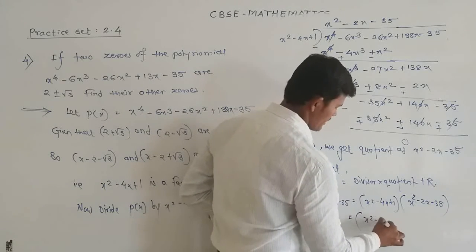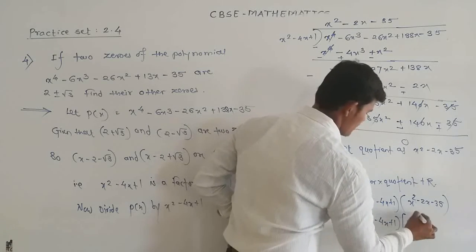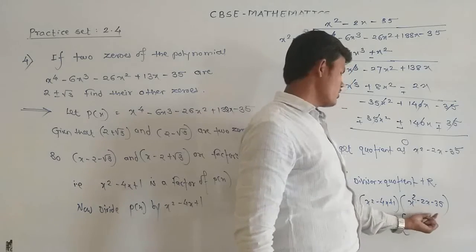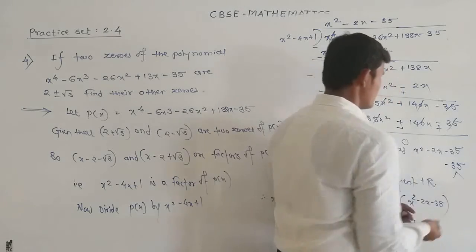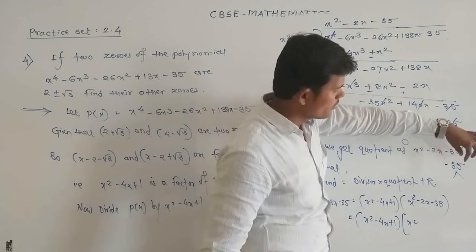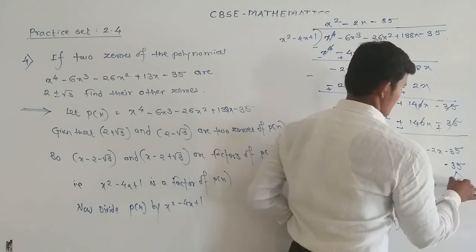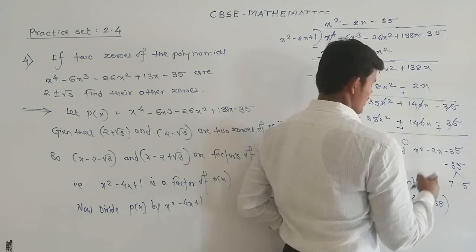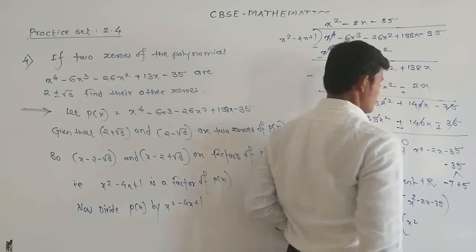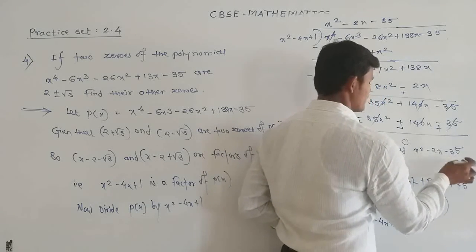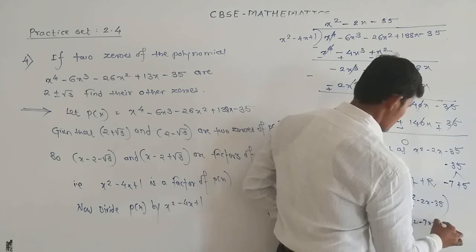So after splitting the middle term of quotient, we get, to find the factors of quadratic polynomial, multiply the first term and the last term. So we get product as minus 35. Now find the factors of minus 35 such that whose sum is minus 2 and product is minus 35. So 7, 5. So here product is negative, the sum is also negative. So give sign of greater number as minus and smaller number as plus. So minus 7 into 5 is minus 35, minus 7 plus 5 is minus 2. So we get minus 7x plus 5x.